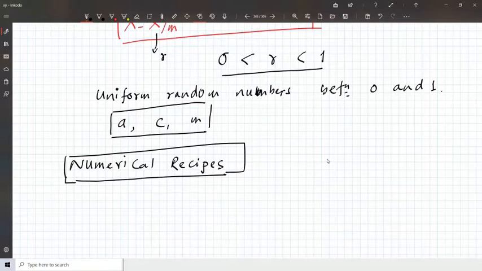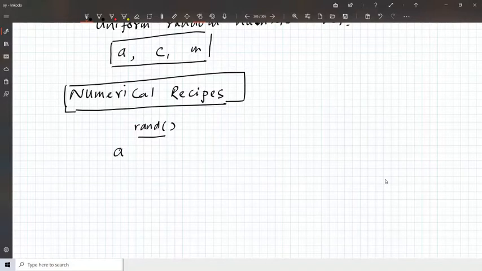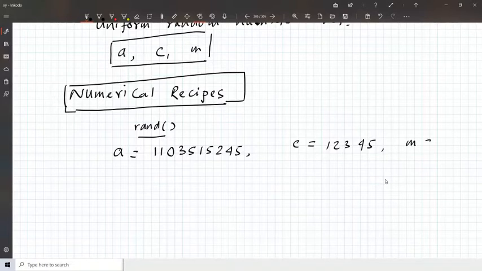There is a famous random number generator called rand, often used in C and Fortran, and there they choose one combination, for example a equal to 1103515245, c equal to 12345, and m equal to 2 to the power 31.